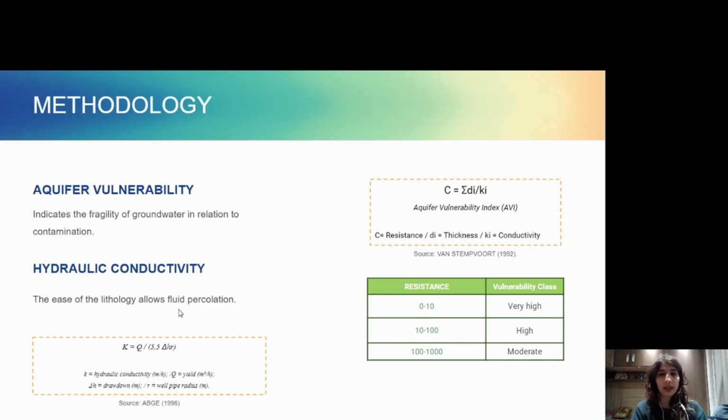We can determine the conductivity by this model here, created by ABGE in 1996. And all these variables, including the thickness, are available on IAH's website.